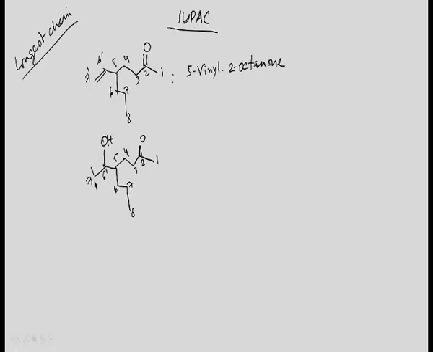So here also this is the longest chain, so you have to take this one only, and this group is hydroxy ethyl. So 5 1 hydroxy ethyl, again 2 octanone, or octane 2-one